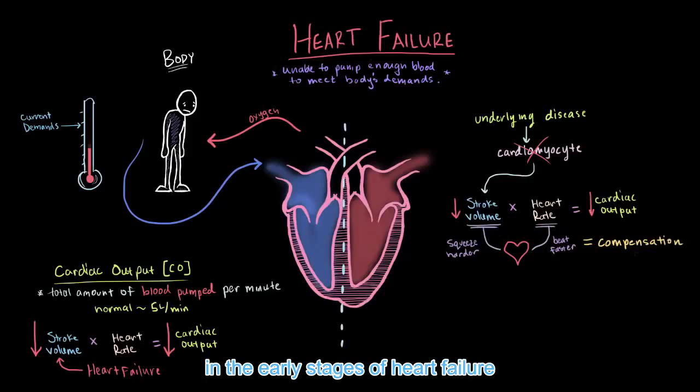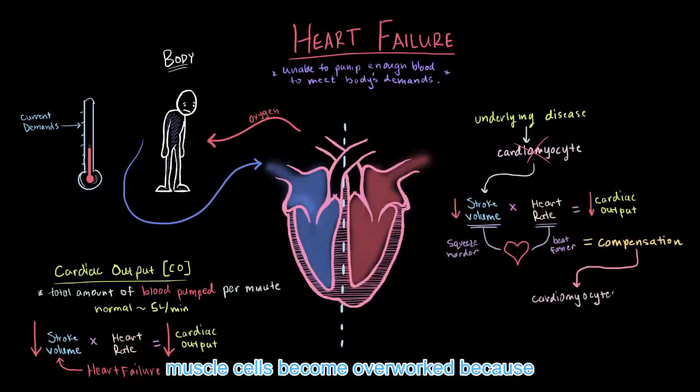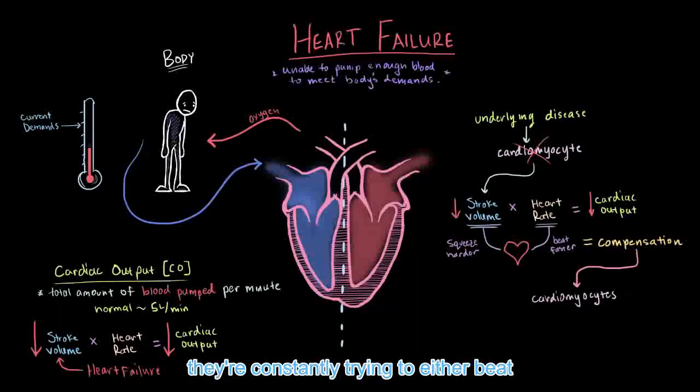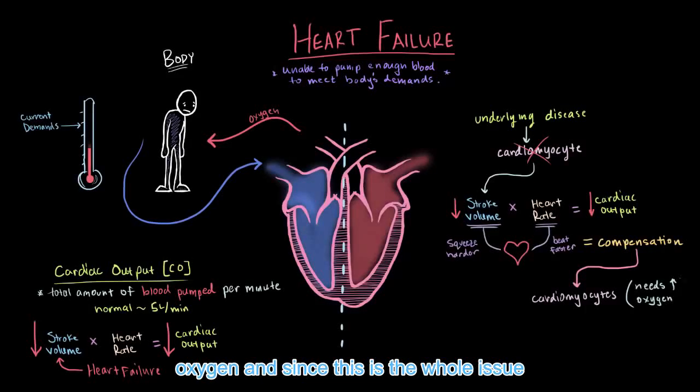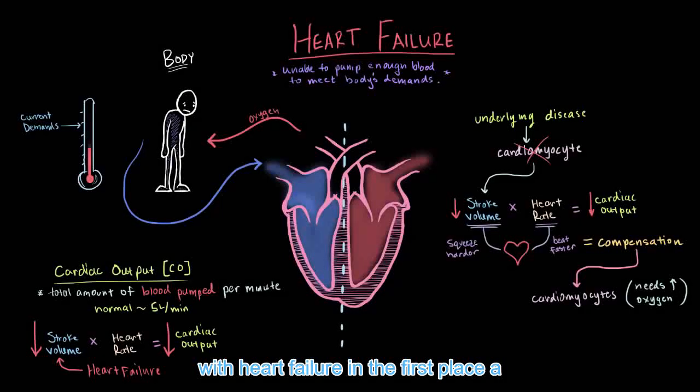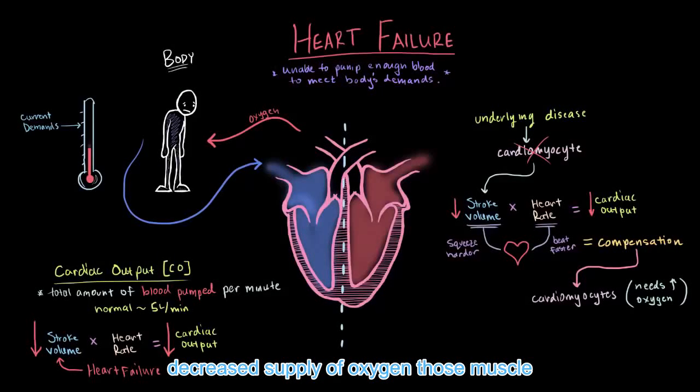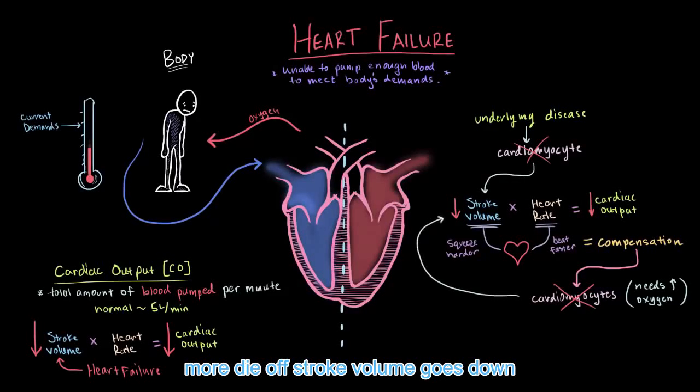In the early stages of heart failure, these methods can actually help quite a bit in compensating for a decreased supply. But over time, those surviving muscle cells become overworked because they're constantly trying to either beat faster or squeeze harder. But to do either of those things, those cells need more oxygen. And since this is the whole issue with heart failure in the first place, a decreased supply of oxygen, those muscle cells won't receive the oxygen and more muscle cells tend to die off. And when more die off, stroke volume goes down even more. And this causes that whole cycle to repeat, which causes heart failure to get worse and